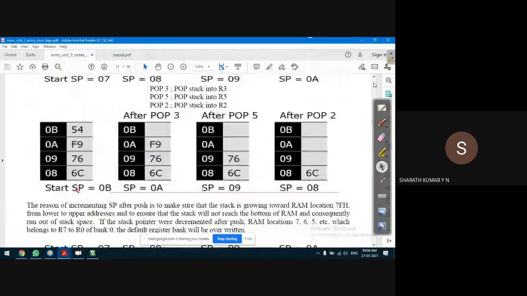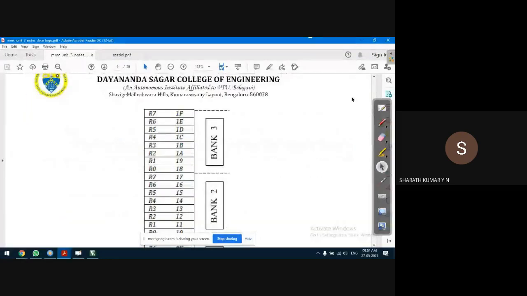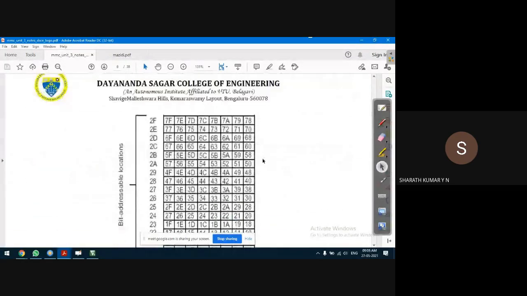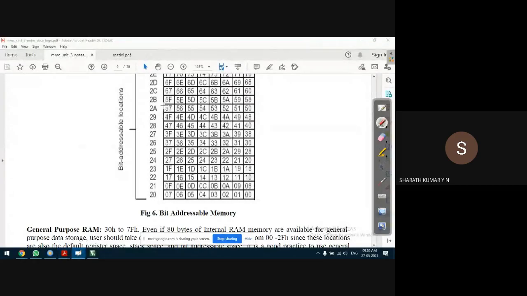We were trying to test the jump-if-bit instruction by setting these three bits: 57, 4F and 47. When these three bits are set to 1 and all other bits are 0, the content of these three byte locations will be 80H, which is correct because 10000000. So all the three locations will have 80H.